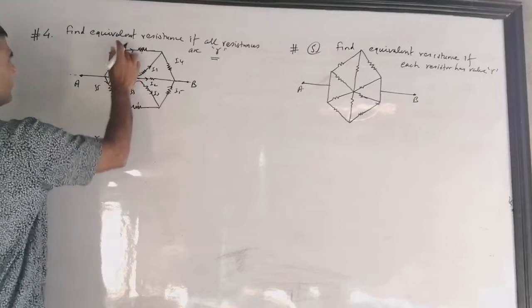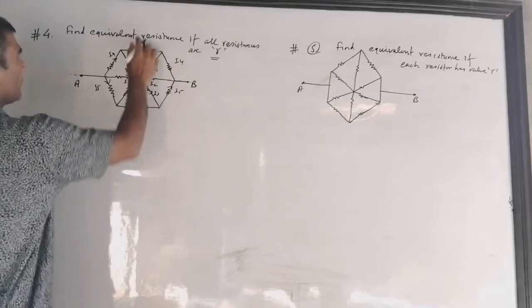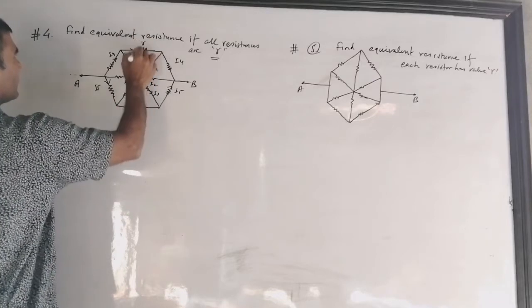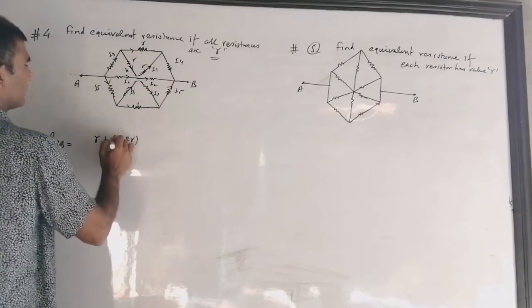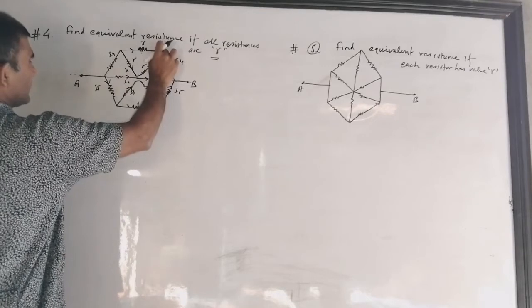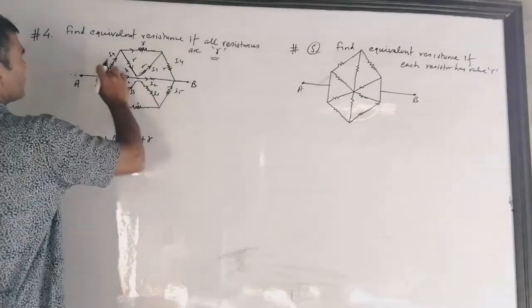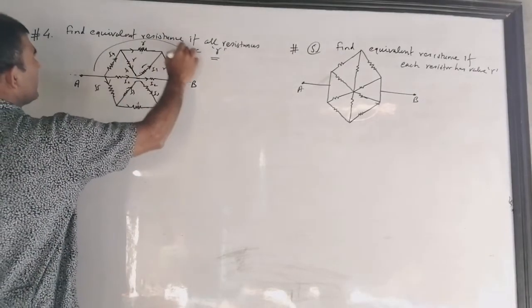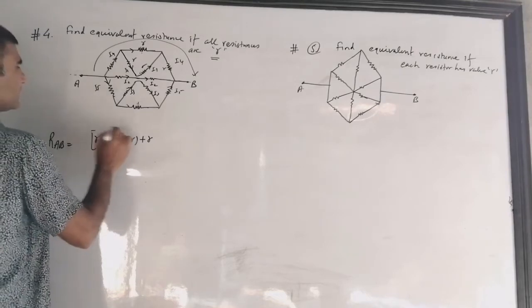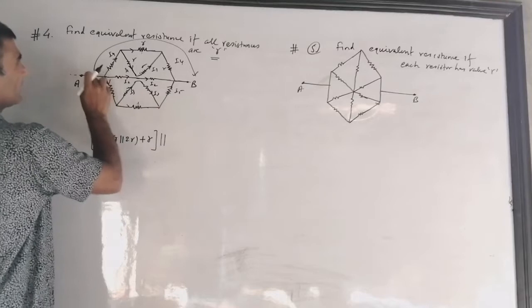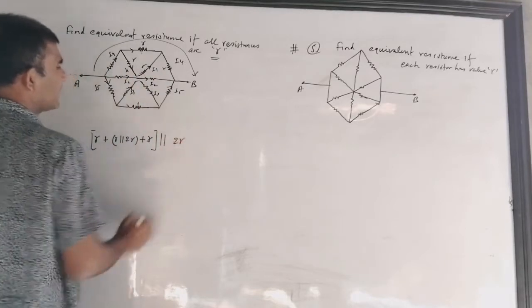Okay, and so I reach up to here, and then we have two branches in parallel. One upper is R, because I told you every resistance is R. So the upper is R, parallel to 2R. So you get this. Then you reach here, and here you again get R. So you completed this journey of this branch. Okay. Now how much does this come to? This is parallel with this middle branch. Here R plus R, this is so easy, that becomes 2R.